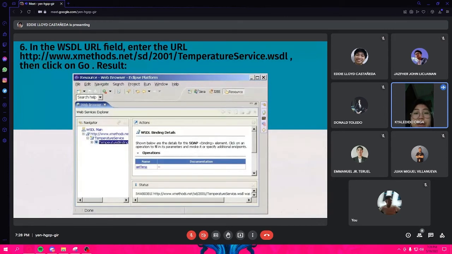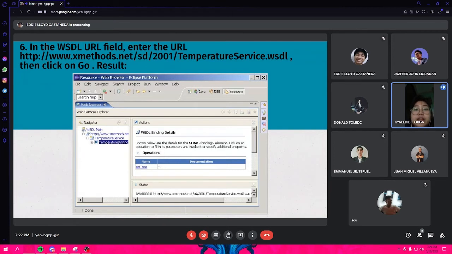And number 5, click on the WSDL main icon, and you will see in the WSDL URL field, enter the URL http://www.xmethods. Number 6, in the